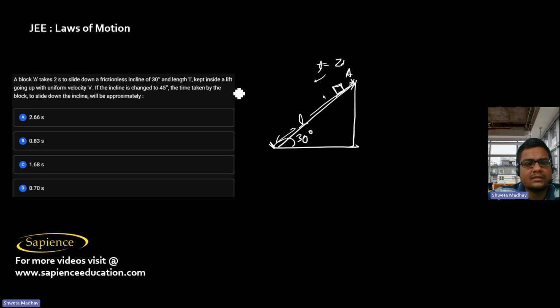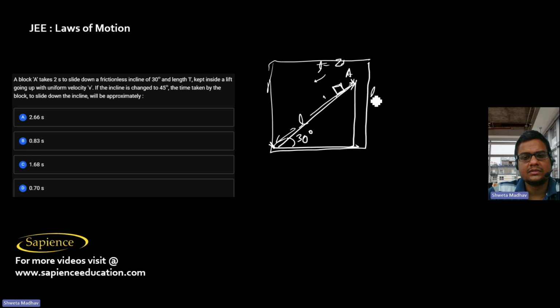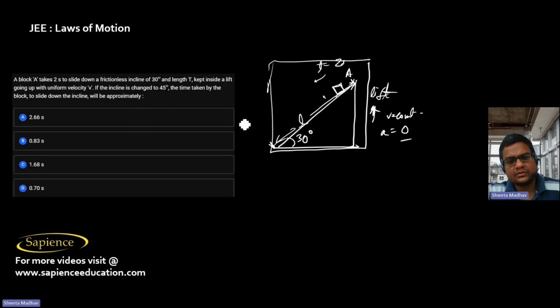It is kept inside a lift going up with uniform velocity. So it is kept in a lift which is going up with a constant velocity. So if velocity is constant, it means acceleration is zero for the lift. If the incline is changed to 45 degrees, the time taken by the block to slide down the incline will be approximately? Acceleration is zero, it means there is no pseudo force. So g is only